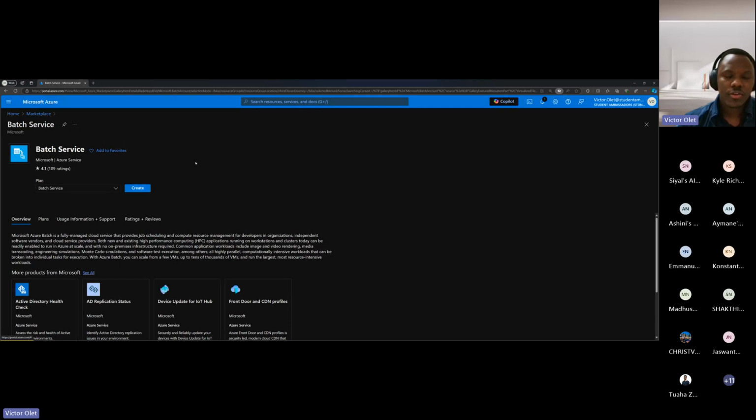So on that note, normally on Azure these different things come at a cost, but Azure Batch is free. You pay for the compute. You don't pay for the batch service. So remember, the batch service is like an orchestration. It enables you to run a job, but what you will pay for is the compute. We will see a little bit of that later. So I'll just go in and create